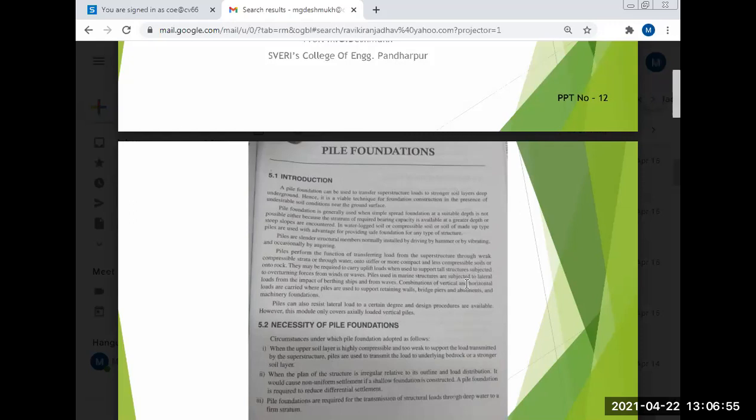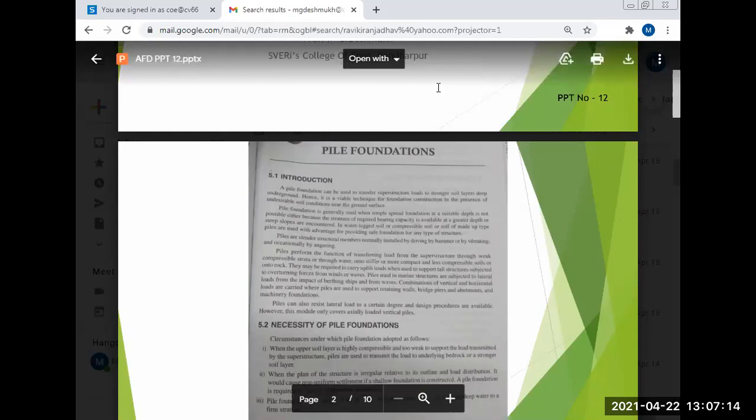So, I have started the chapter pile foundation. In the beginning itself, I told you this is very, very important, and I would like to go into as much detail as possible for at least this chapter. Completion of this chapter means completion of the syllabus. The rest of the chapters we can go a little bit fast, it is not that difficult there, but here detailed knowledge is needed, and in most of the exams this is asked.